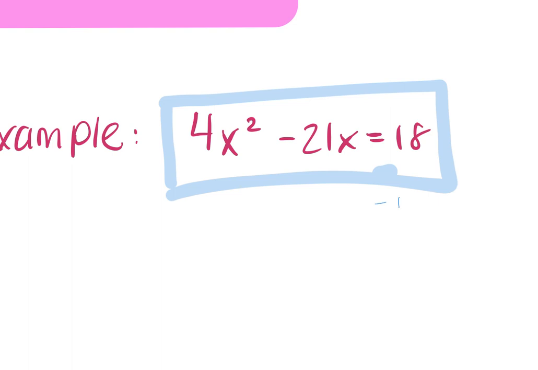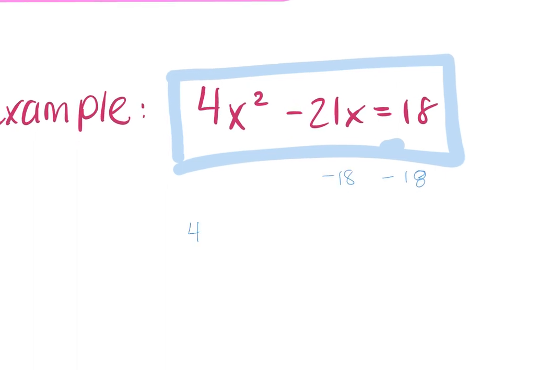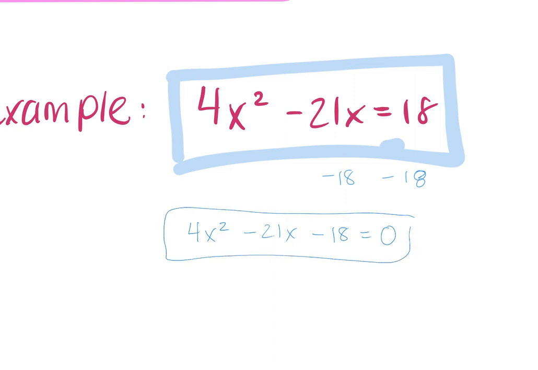Look what happens, people. 18 minus 18, we get 4x squared minus 21x minus 18 equals 0. Do we know how to factor this? Do we know how to solve this? Yes, then we start from here. We're not going to work this problem all the way through. I just want you guys to see, okay, sometimes they're not equal to 0. Just make it equal to 0. You may have to subtract or add something to both sides, okay? Draw a huge fat line